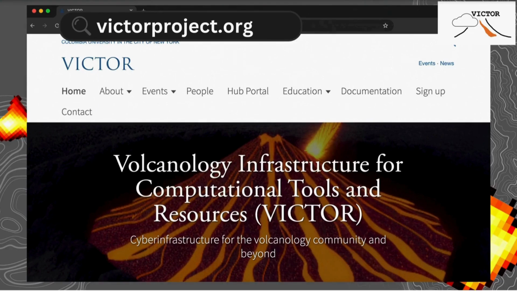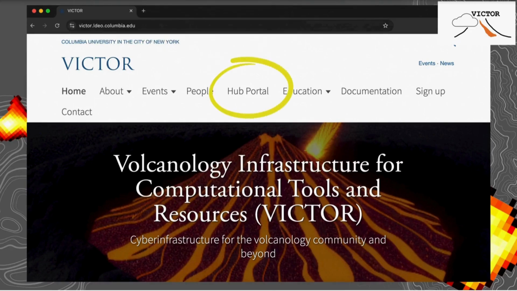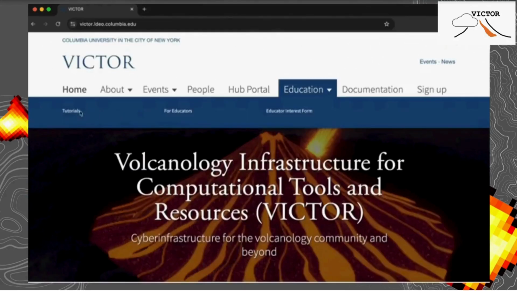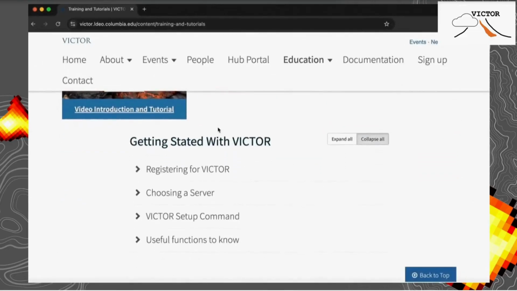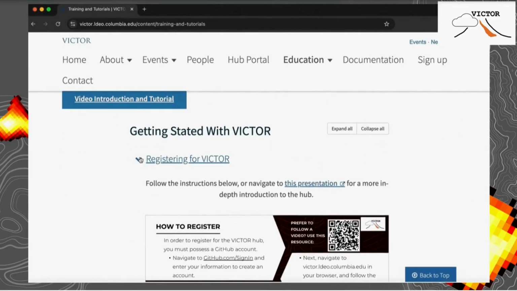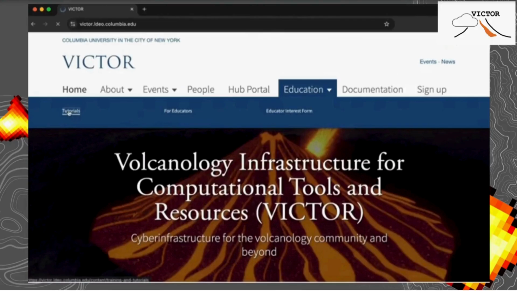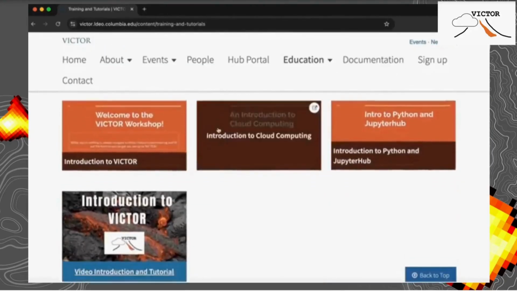Once you are on the Victor website, click on the Hub portal in the main navigation menu. If you are a new user and have not yet registered, follow the Sign Up link in the main navigation menu and complete the form. If you need further support in registering, please see the Tutorials section of the Victor website under the Education tab. This page includes step-by-step guides under the Getting Started on Victor section and links to the Introduction to Victor YouTube